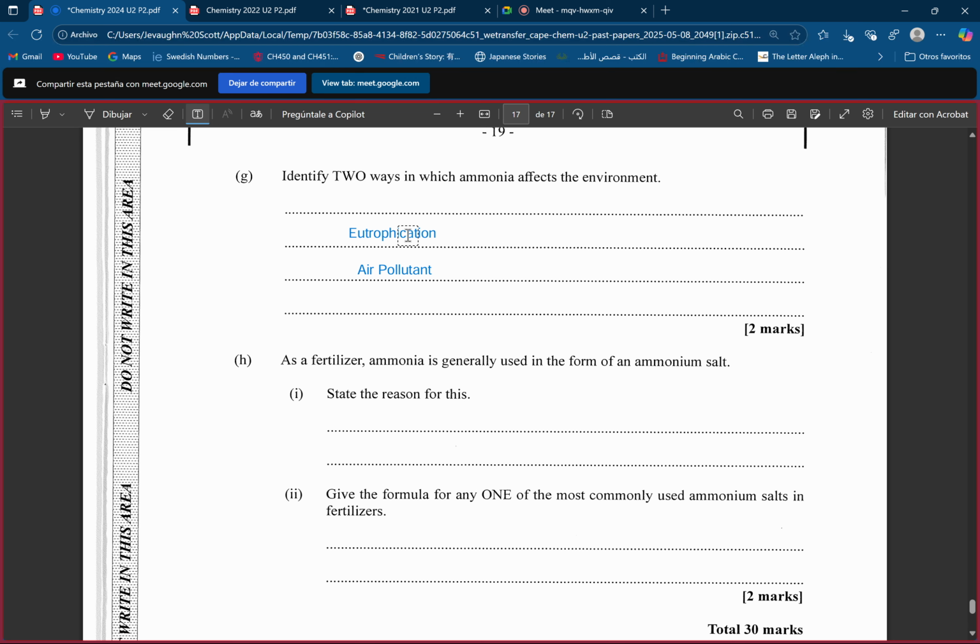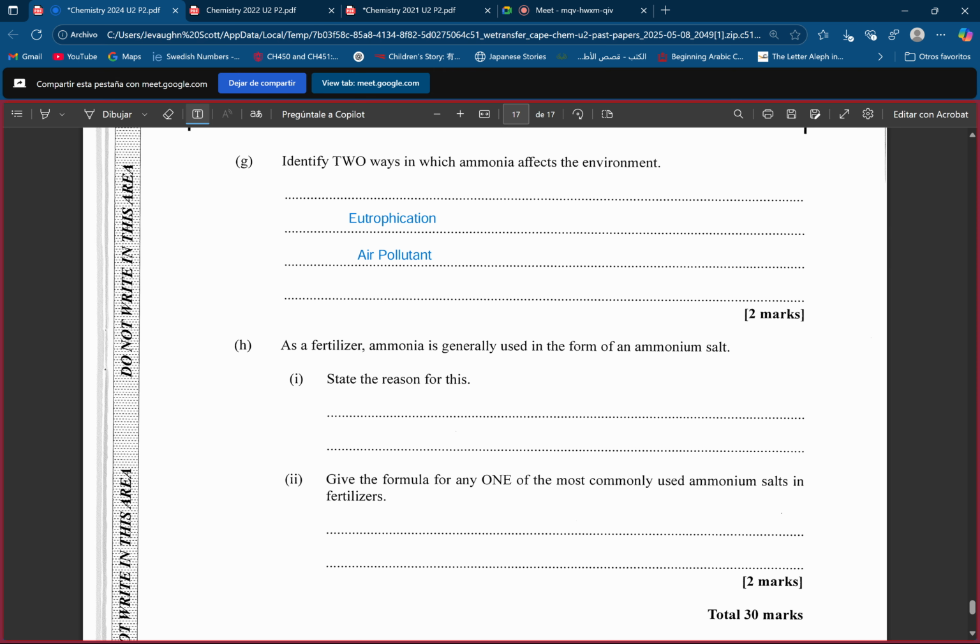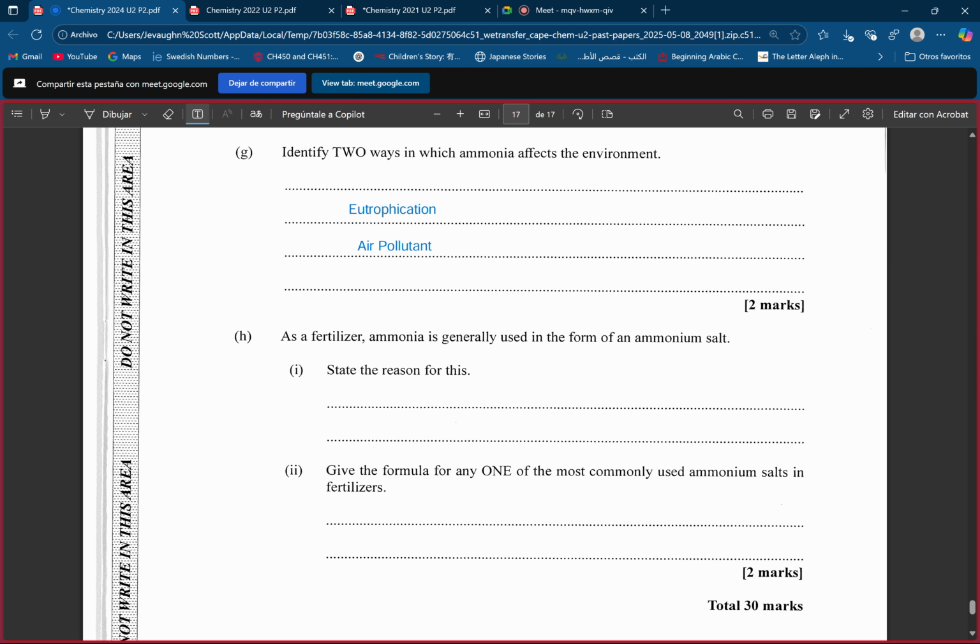I mean, you need to flesh out every response. Let's just state that. Flesh out every response. Don't give the markers. Go ahead. Yeah, I would state that. I wouldn't write an entire epilogue, but I wouldn't just write eutrophication, air pollutant, and then move on. I wouldn't do that. Remember, your responses must be in complete sentences, unless it says list. In this case, the question just says to identify. So I guess one word could work, but I would always write in complete sentences unless it says explicitly